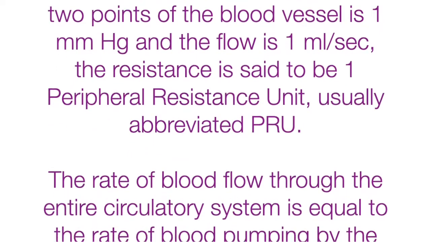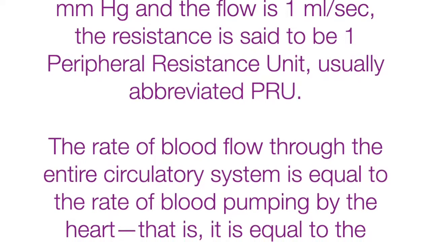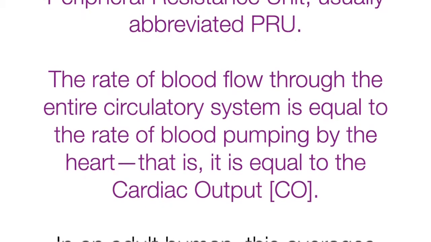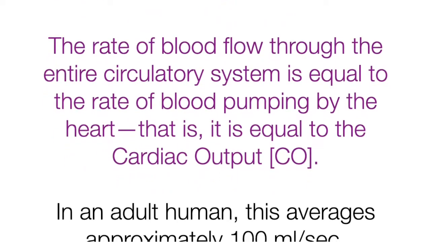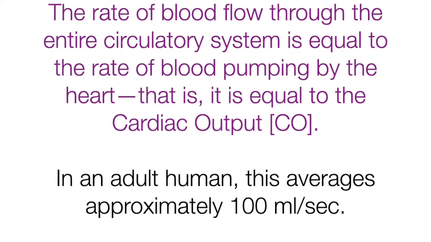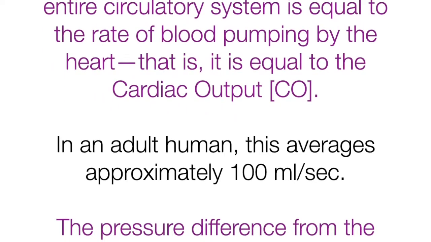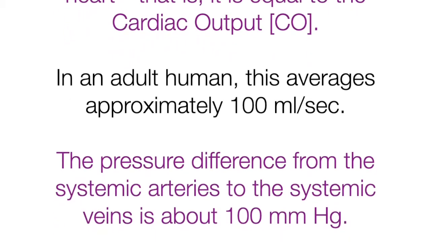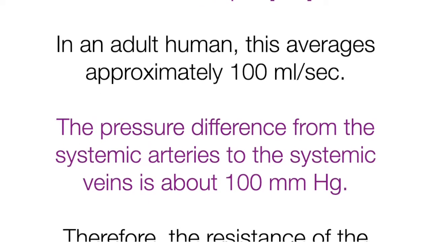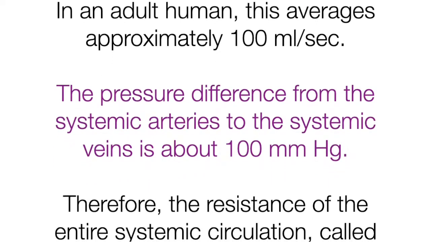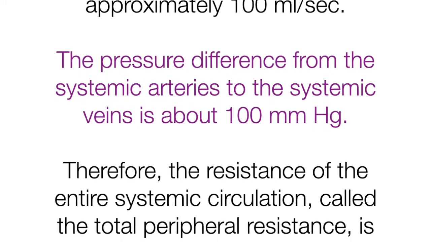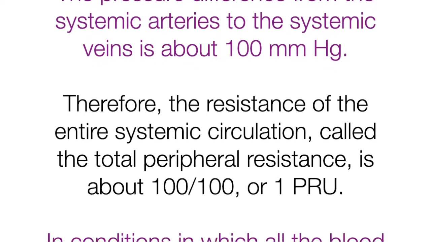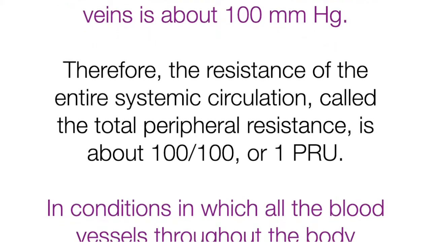The rate of blood flow through the entire circulatory system is equal to the rate of blood pumping by the heart, that is, it is equal to the cardiac output. In an adult human, this averages approximately 100 ml per second. The pressure difference from the systemic arteries to the systemic veins is about 100 millimeter mercury. Therefore, the resistance of the entire systemic circulation, called the total peripheral resistance, is about 100 by 100 or 1